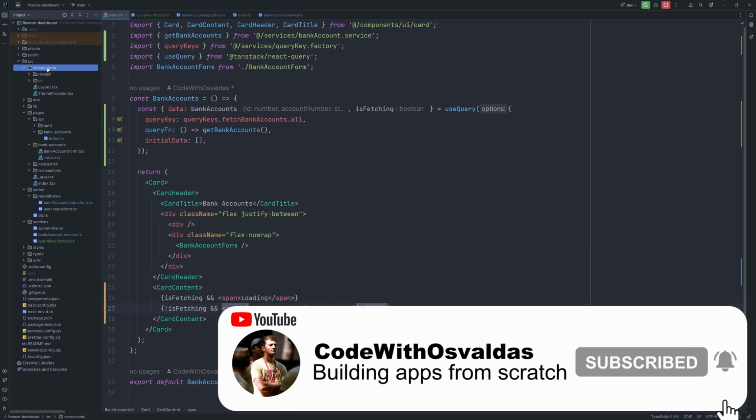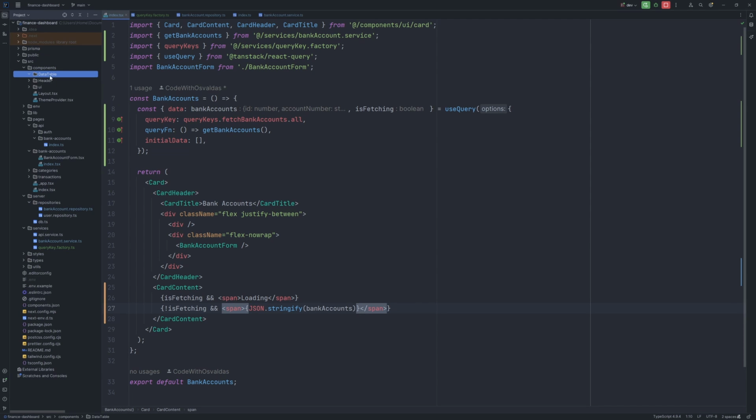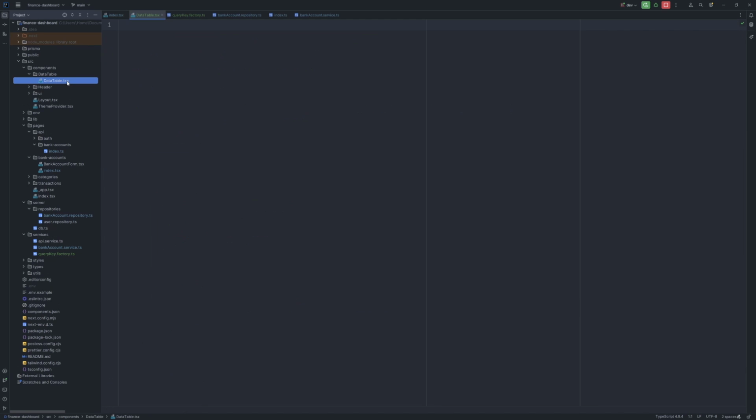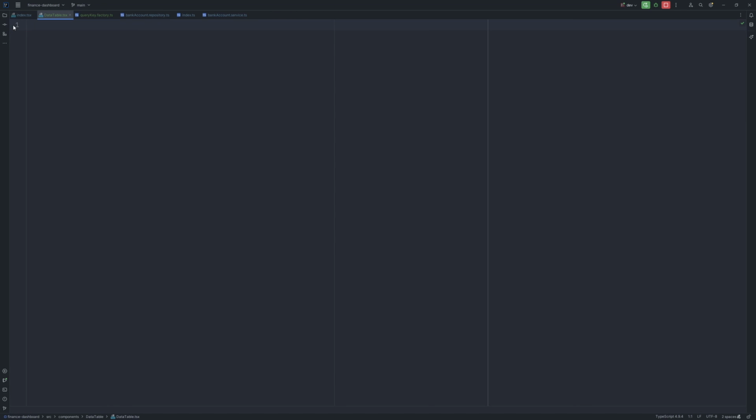Let's go to our components, create a new directory for a data table. I called it data table because eventually we will use this data table not only for bank accounts, but for categories and all the other tables within the application. And inside of it, let's create a data-table.tsx. And in here we can say const DataTable,